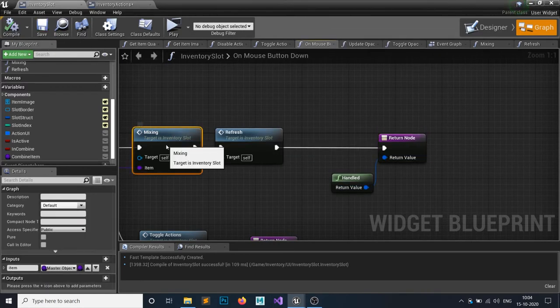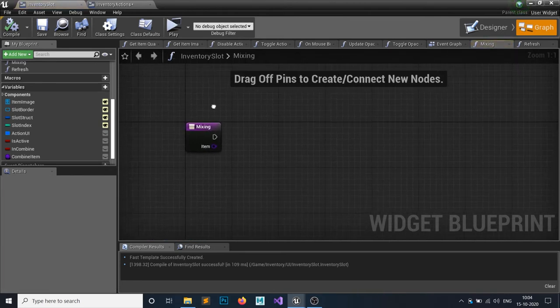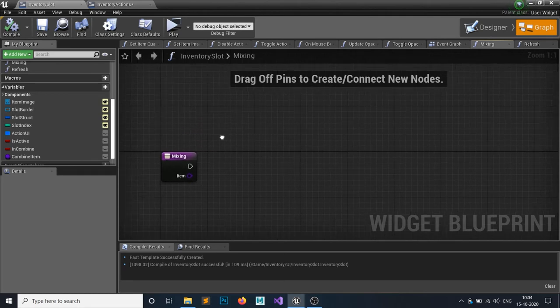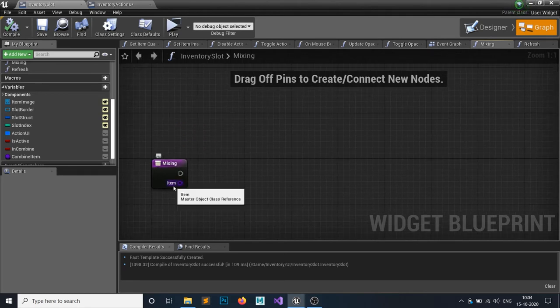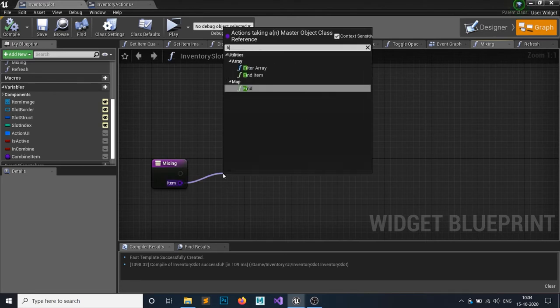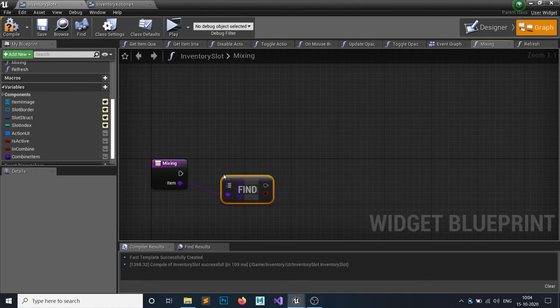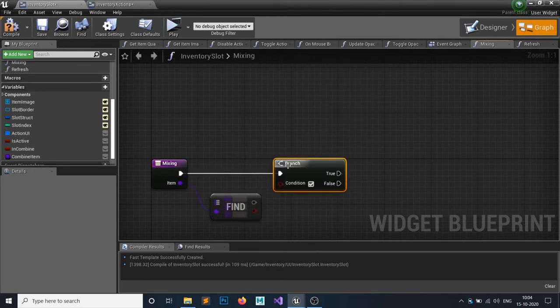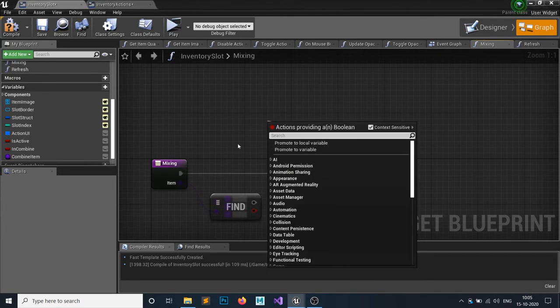Okay, for the mixing part, double click on your mixing to open it. First we want to check where this item is in our inventory slot. So we want to find, and hit branch, not this one.